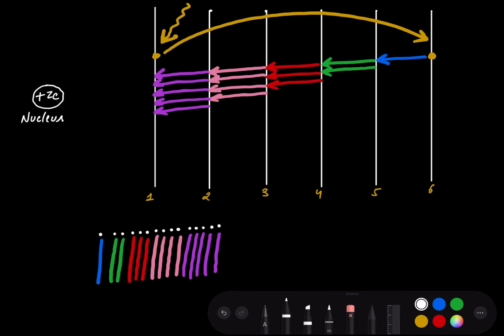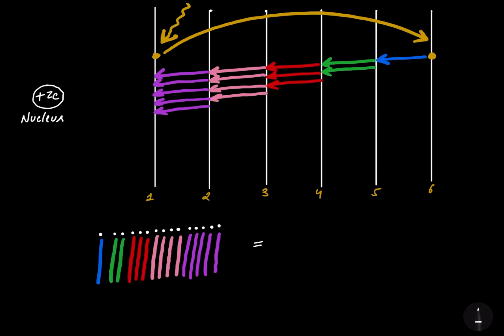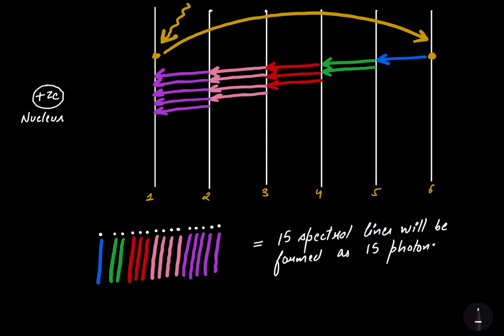So here we got 15 spectral lines. I'm writing 15 spectral lines will be formed as 15 photons have been emitted